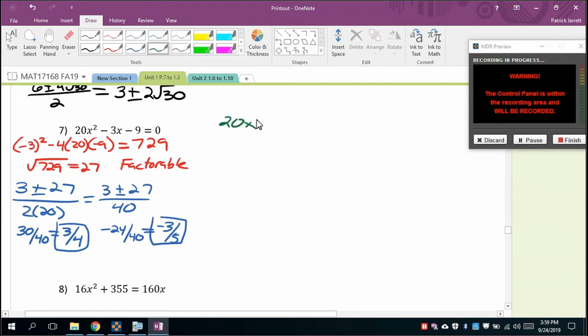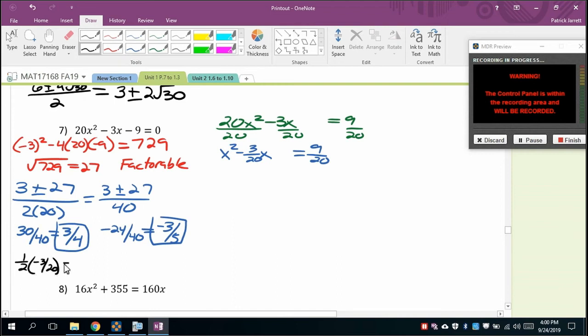Let's just move that 9 over, so 20x squared minus 3x, and we move the 9 over right now because we're going to divide everything out by 20. And the nice thing is, this will come out very nicely. So you'll have x squared minus 3/20 x equal to 9/20. So since I have some room down here, half of negative 3/20 will be negative 3/40. And negative 3/40 squared will be 9 over 1600,